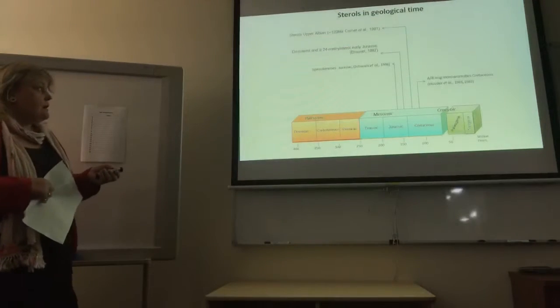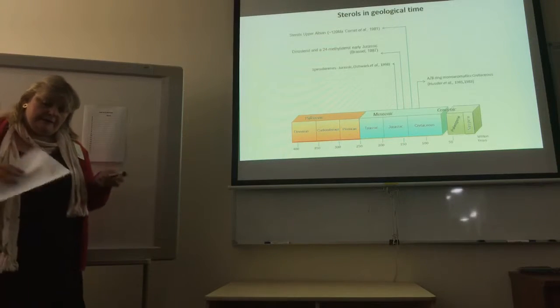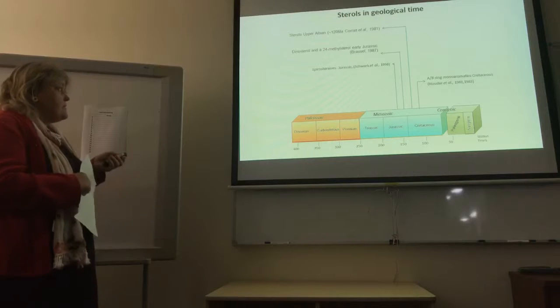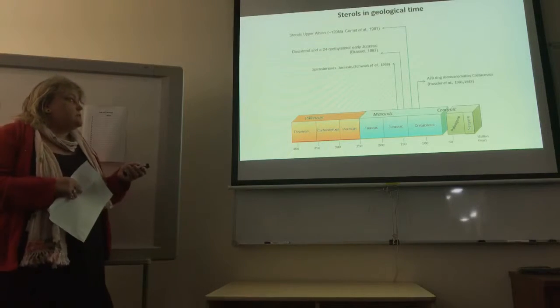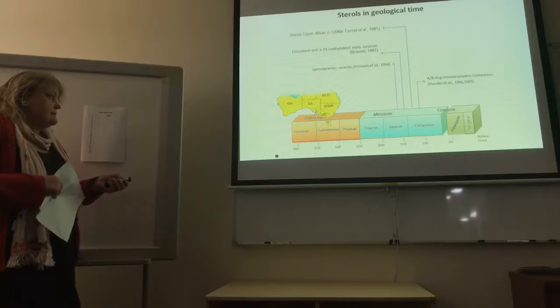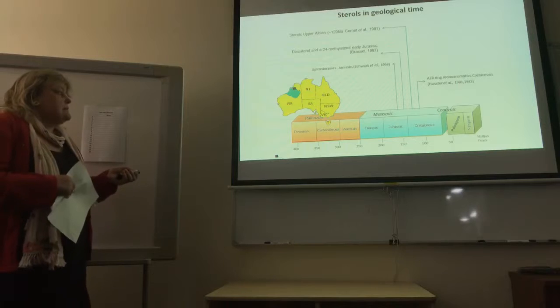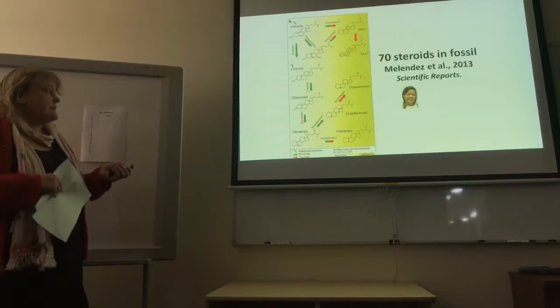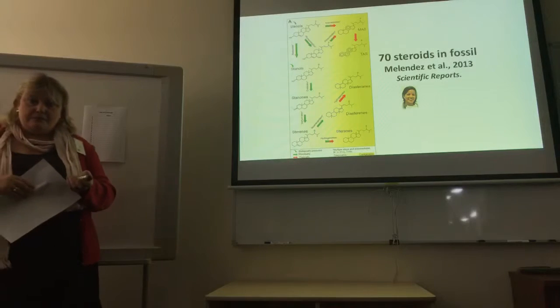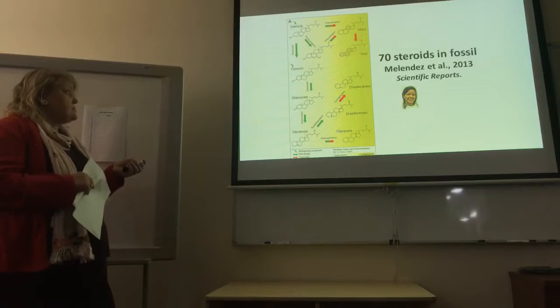So we've also looked at, given that these samples are very immature and potentially may contain intact cholesterol, there's very few reports of sterols in geological time, but we've gone back to the Paleozoic here, in the Devonian, and indeed we found sterols. We found 70 different steroids in the fossil alone, which represent all the cholesterol and intermediates